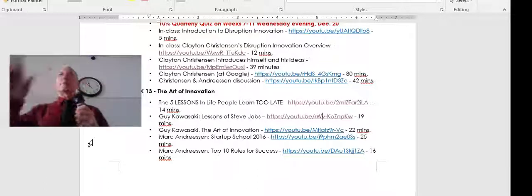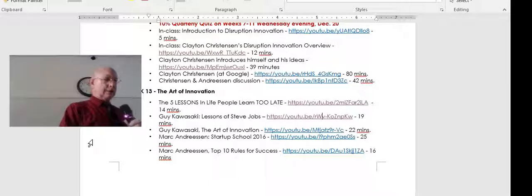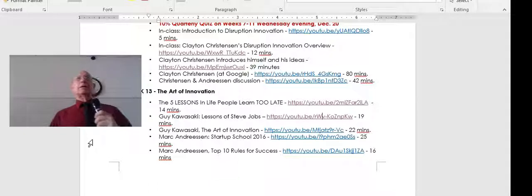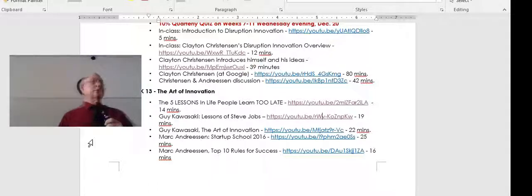And so he looks at it a little bit different direction, the investor does, than Guy Kawasaki. If you have the funding and you can start off crappy, I would say Christensen would agree with that, and probably even this other guy would too. But if you're going to go out and ask people for $100 million, you better have a product that impresses them. And actually, I think Guy Kawasaki in another video here more or less agrees with that.